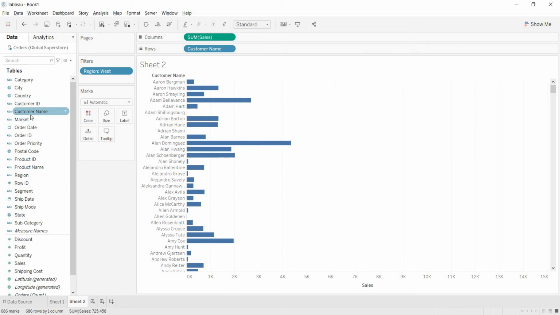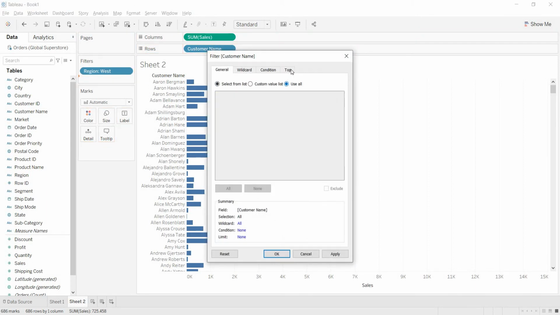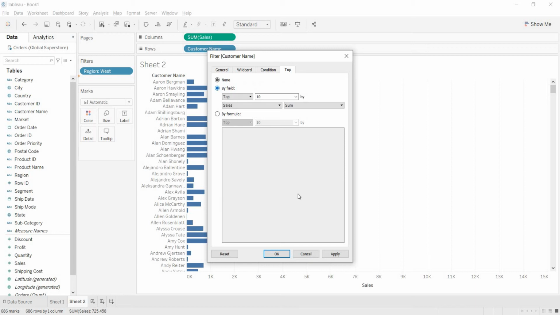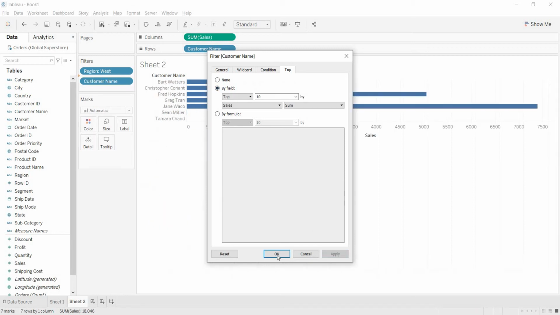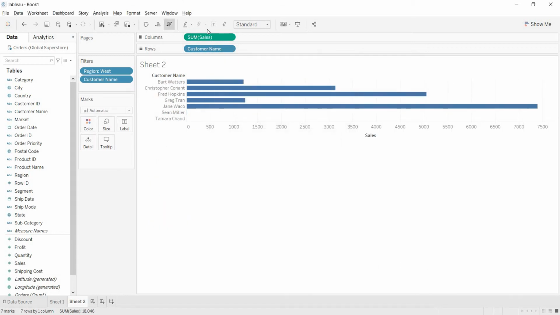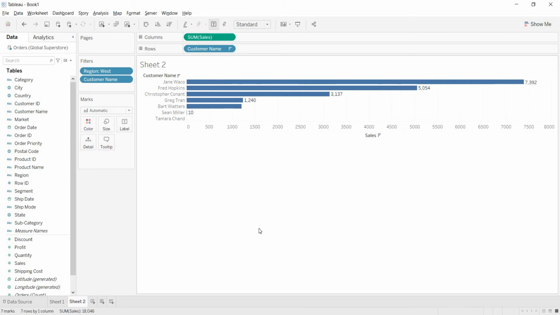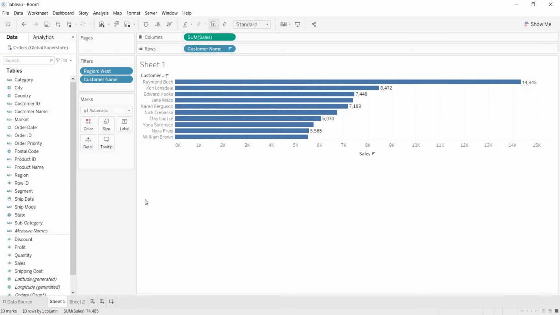Now again, in these 686 you need the top 10 customers. So now bring your customer name to the filter shelf, use All, Top, By field, Sales, Sum. Click on sort, click on T to get the labels. See, if you go to sheet 1, these are the top 10 customers in the West region.